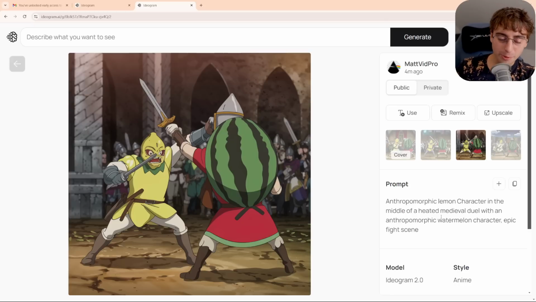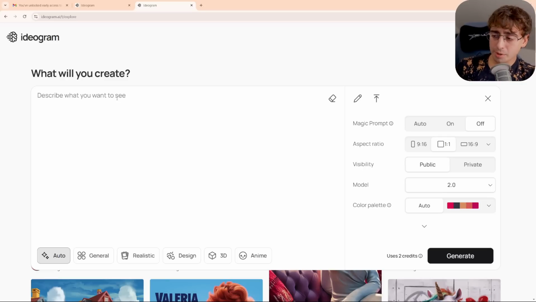I just think that this model or style always gives me something interesting to look at, and I'm never really disappointed with it. So that is probably the biggest change that I've seen from Ideogram 2.0: these 5 new styles, or 5 new fine-tunes based on different styles. I don't know exactly how it works under the hood, but it's pretty awesome.